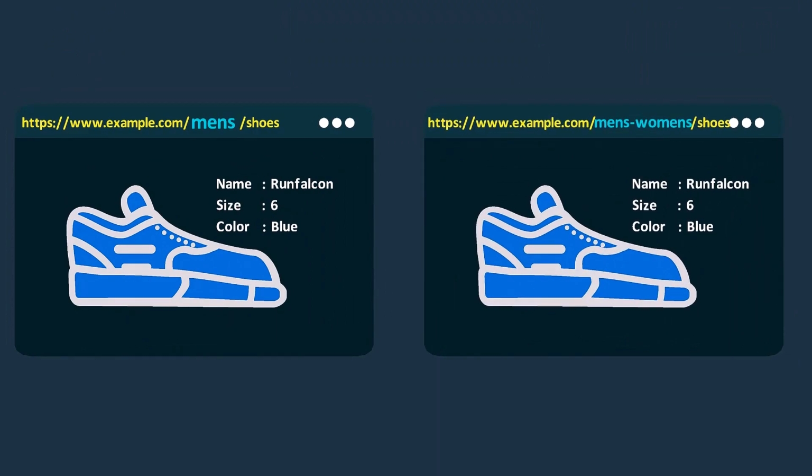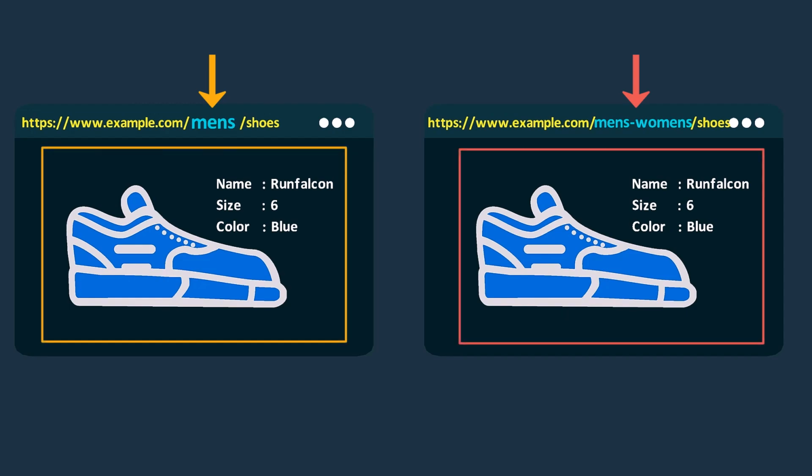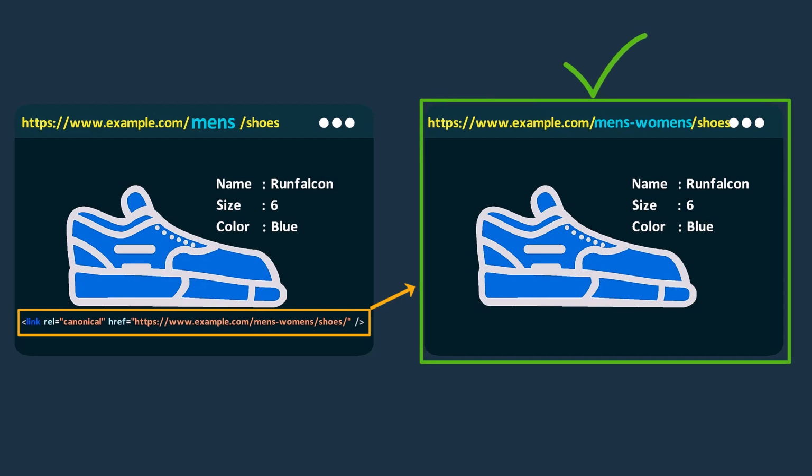When search engines encounter multiple very similar pages, they struggle to determine which one to include in search results. As a result, all those similar pages may end up with lower rankings. For example, we might have a post or product that belongs to two categories and accessible through two URLs. By setting one of the URLs as a canonical URL, we instruct search engines to display that specific URL in search results.